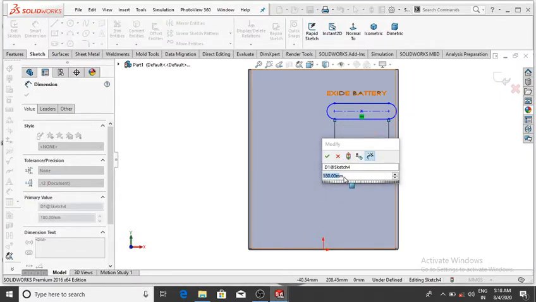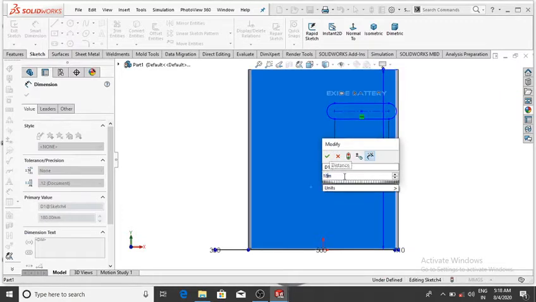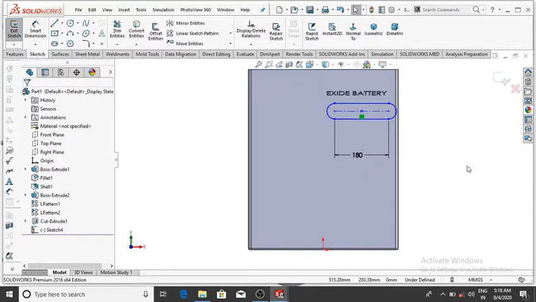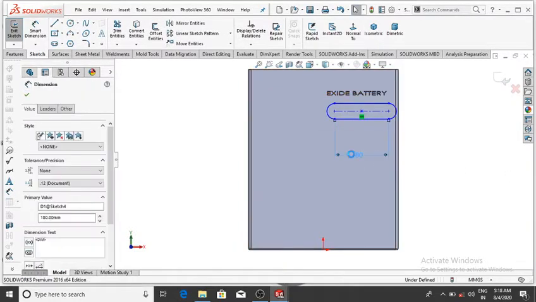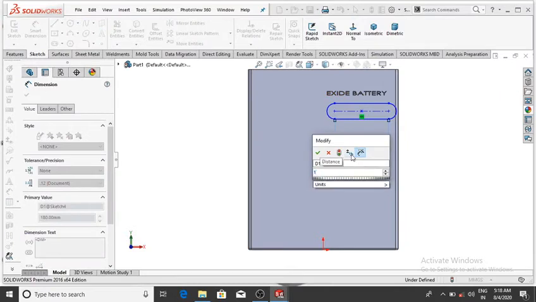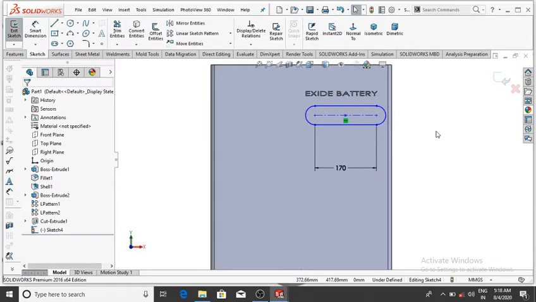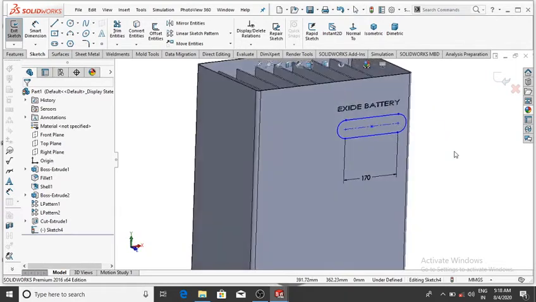Now select 170, then OK. And make the extrude cut up to 5 mm.